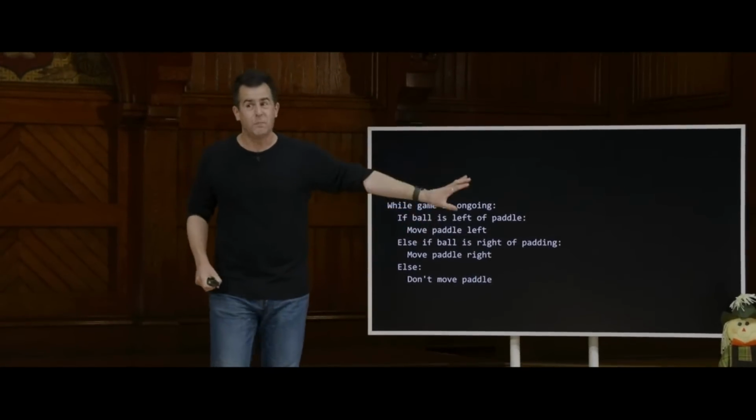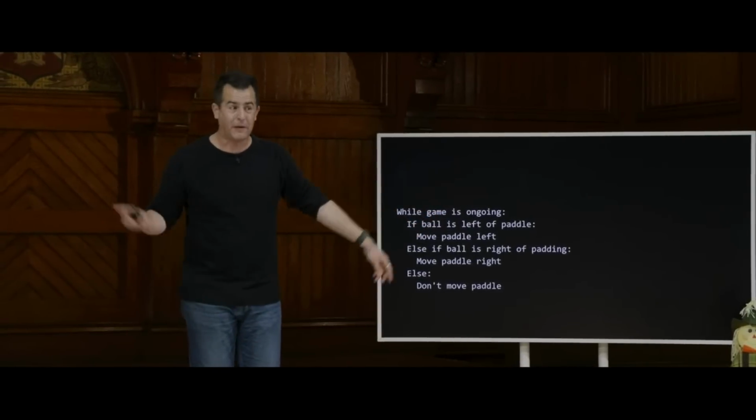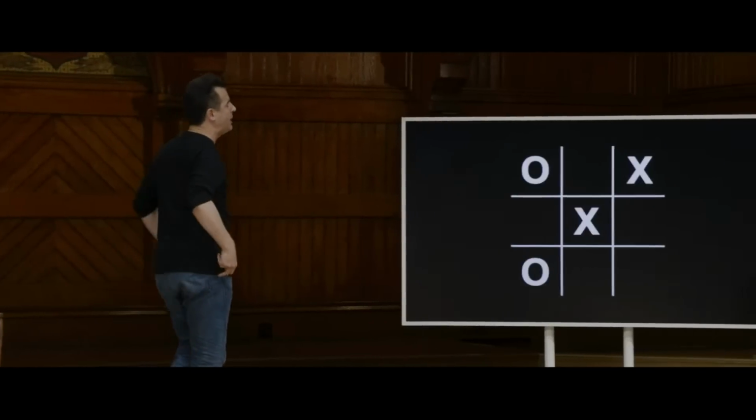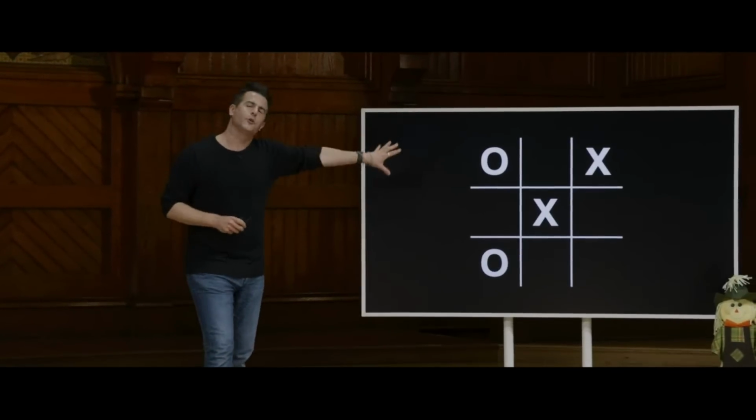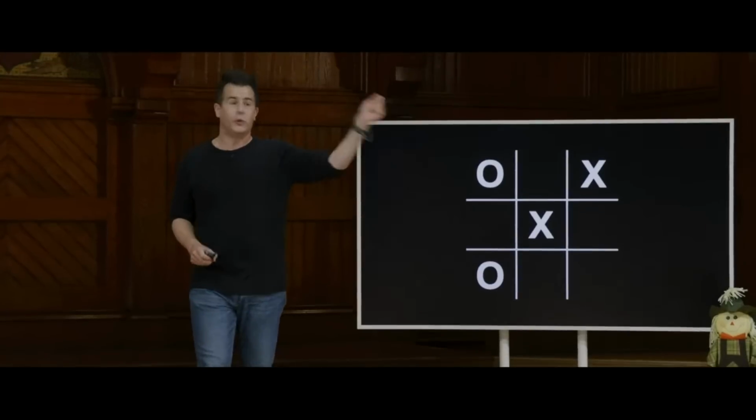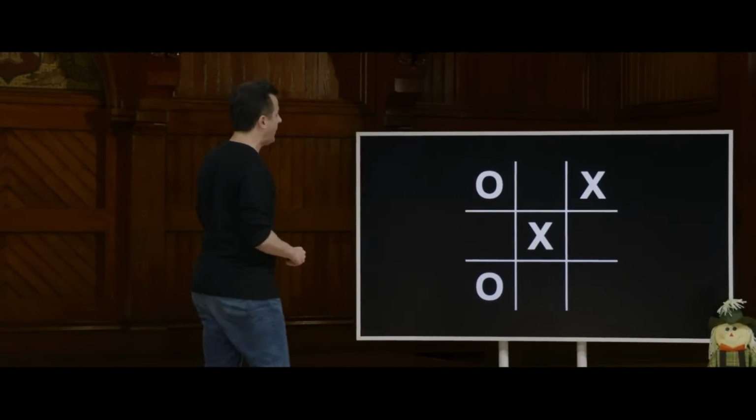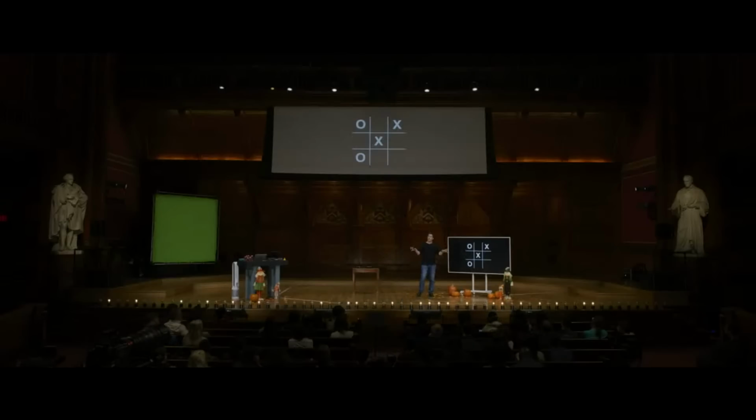And frankly, this should be the most boring game of Breakout because the paddle should just perfectly play this game, assuming there's no variables or randomness when it comes to speed or angles or the like, which real world games certainly try to introduce. But let's consider another game from yesteryear that you might play with your kids today or you did yourself growing up. Here's tic-tac-toe. And for those unfamiliar, the goal is to get 3 O's in a row or 3 X's in a row, vertically, horizontally, or diagonally.